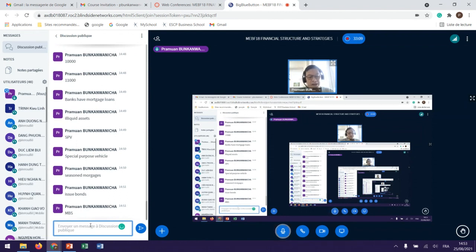The way you transform the illiquid asset of the bond at the time you issue bonds, you're going to get proceeds of the bond, and then the bank will receive cash from selling this mortgage to the SPV. You can see how you convert your illiquid asset, which is the mortgage, into cash. And then the SPV, which is another entity, is going to hold the mortgage on behalf of the bank.